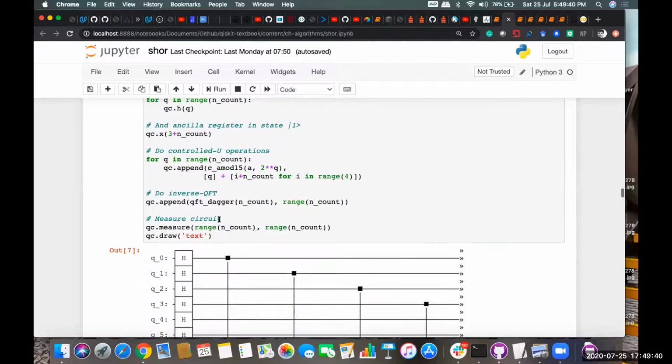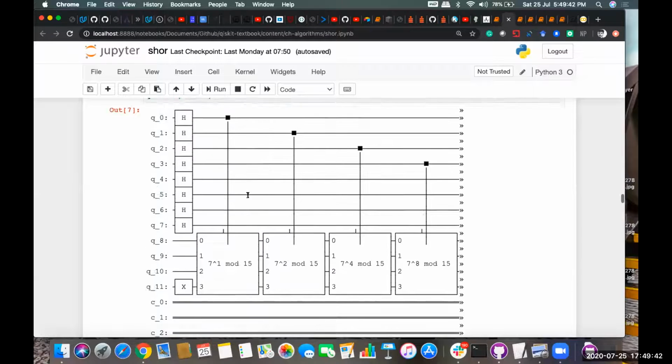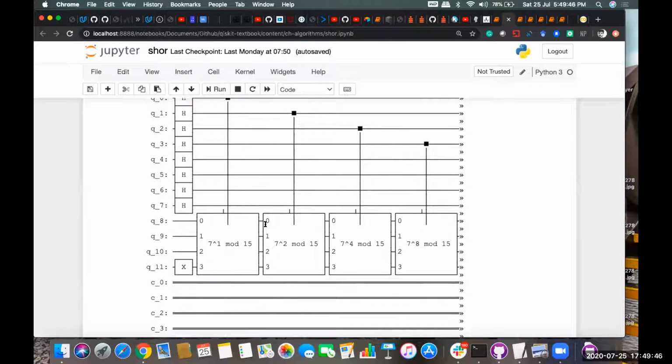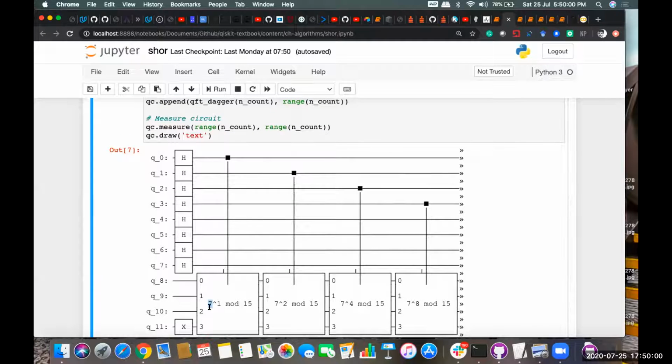And once that has been done, the whole circuit will look something like this. Here we are trying to find the factor of 15 in this current example, and the value of a which we have picked in this case is 7. The same example we picked in the previous lecture also, and I showed you what will be the value of all these and how the value of f of x has been calculated.